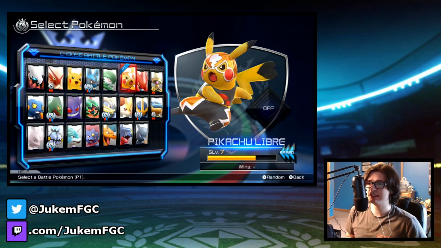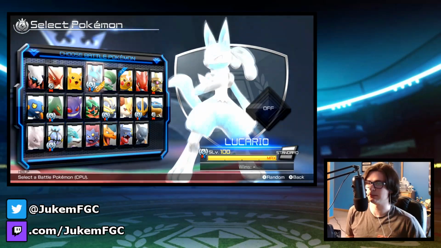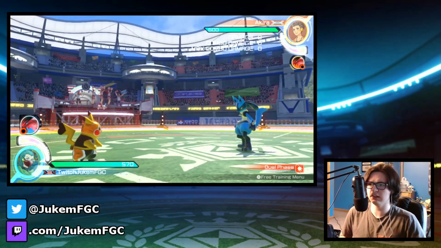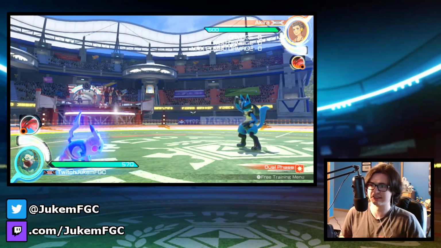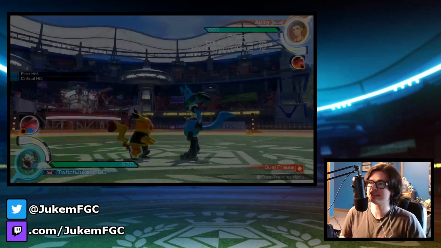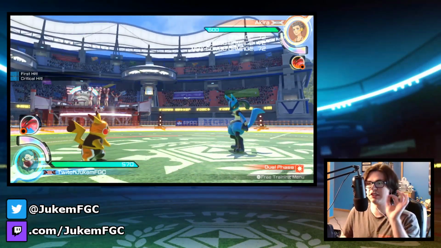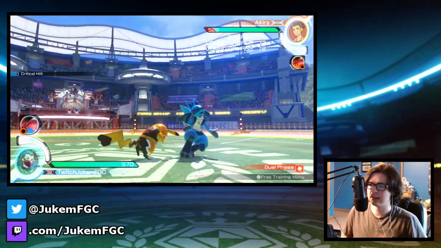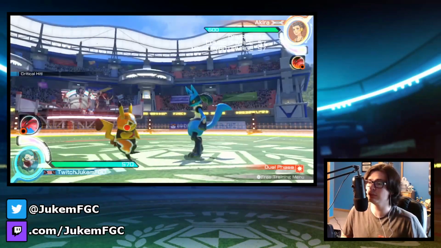Next character I want to talk about is actually Libre, because I mentioned this also in the previous video. Libre's kind of dumb with its CA. Libre CA, I'm pretty sure it hits from this distance. Okay, I lied. It hits from like this distance. That's longer than Sceptile's, and I already mentioned that Sceptile's hitting that far is pretty absurd for what it is. And I actually don't know the combo routes, but you get a full combo off this